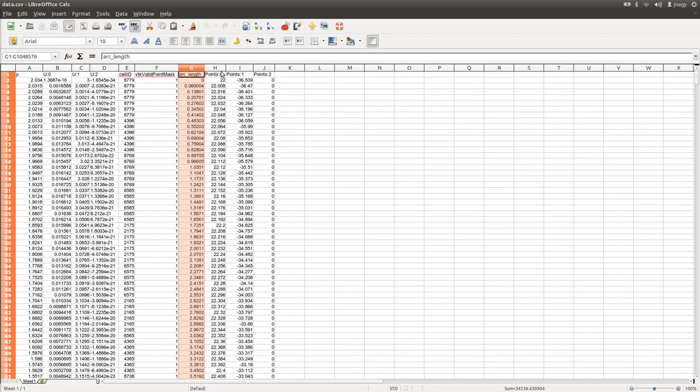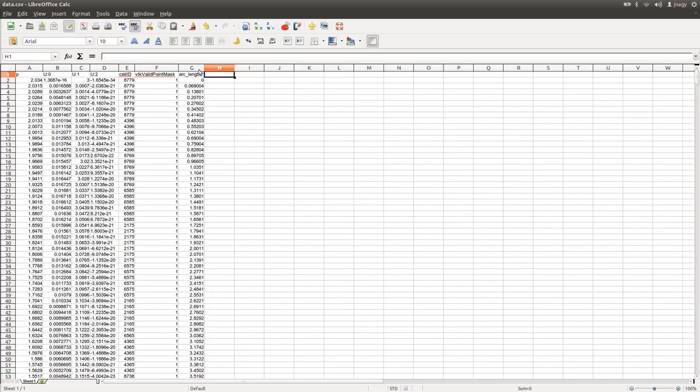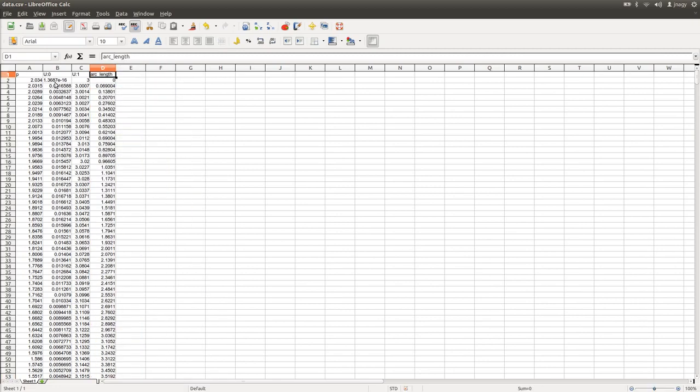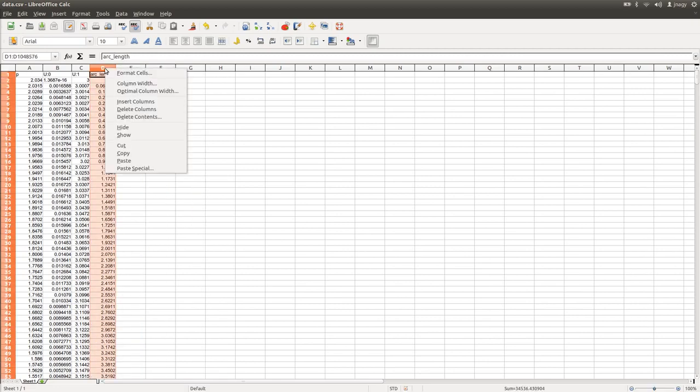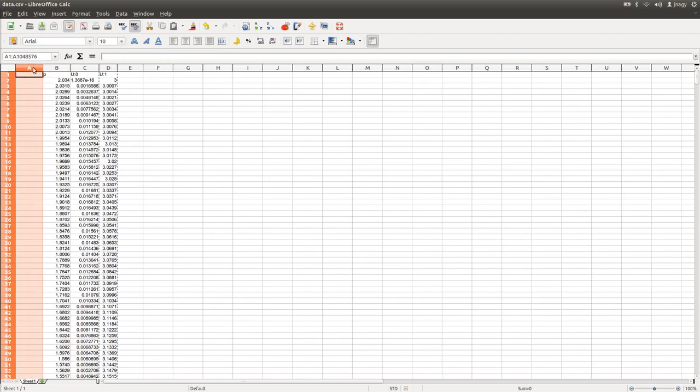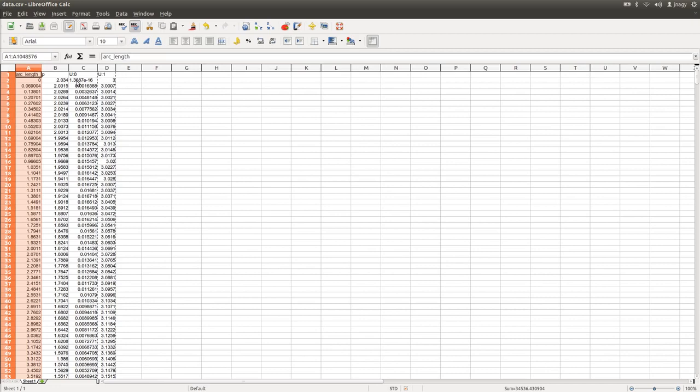And then we have the coordinates. But we are not interested in that, so I will delete these. I will delete these two and also the z component of the velocity, because we are only doing a two-dimensional simulation. And I will cut this and insert it here